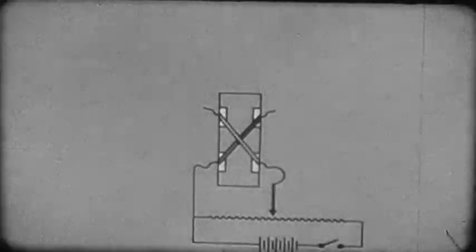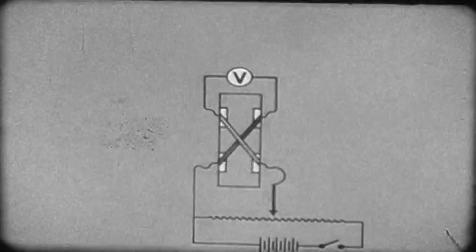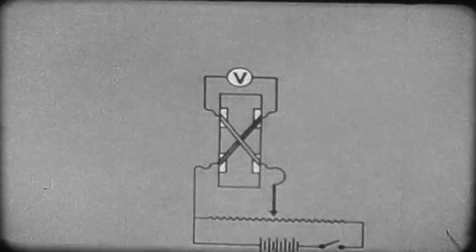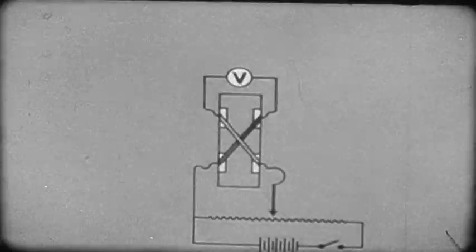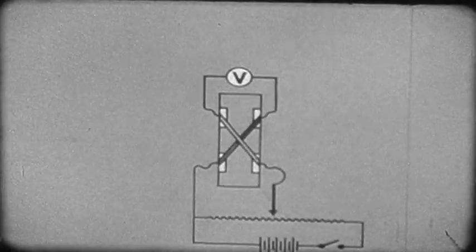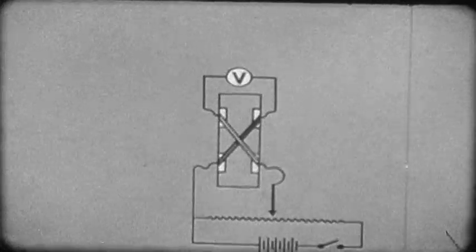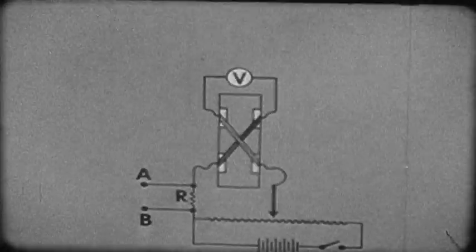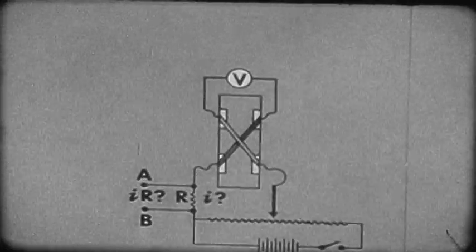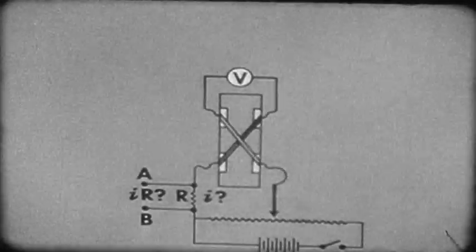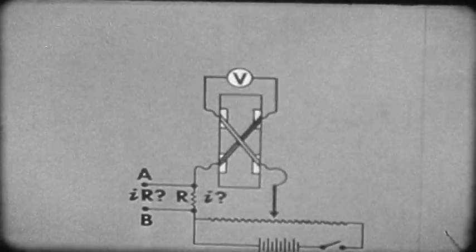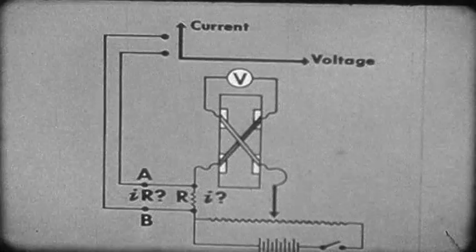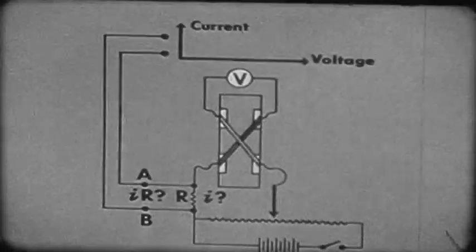We apply a source of variable voltage across the junction. A voltmeter is connected across the junction from the other side. What we wish to test is whether a current flows when voltage is applied. If the voltage produces current across the junction, it could be detected if a resistor were inserted like this. Then, if there is a current, the IR drop between terminals A and B will be proportional to it. We shall apply these terminals to the y-axis of an XY recorder. The junction voltage will be applied to the x-axis.